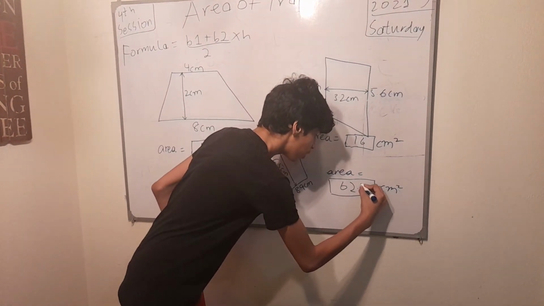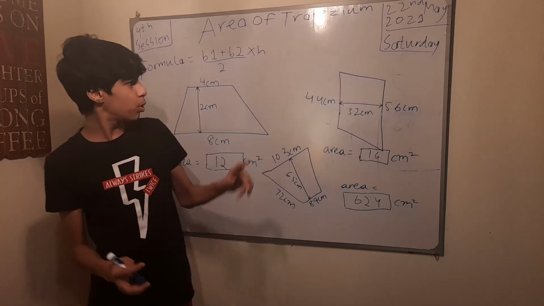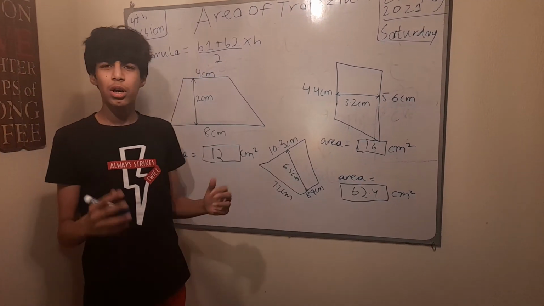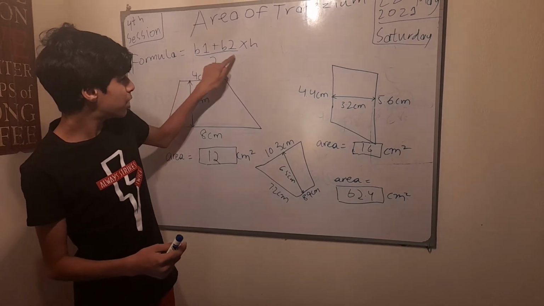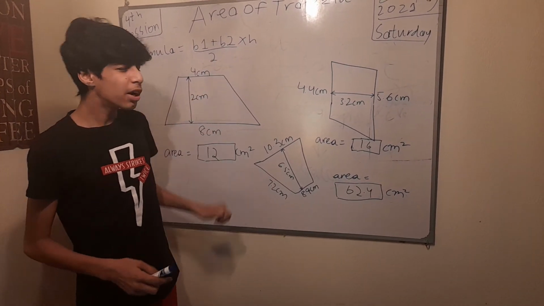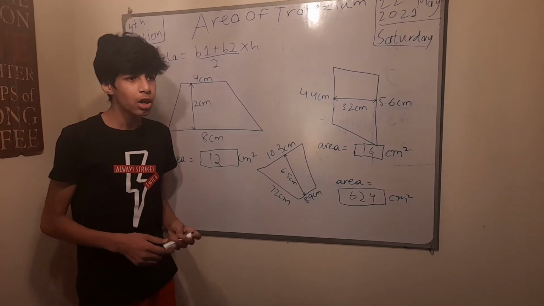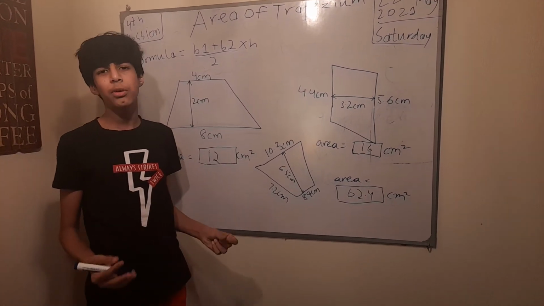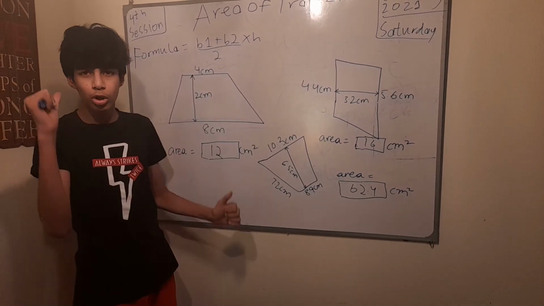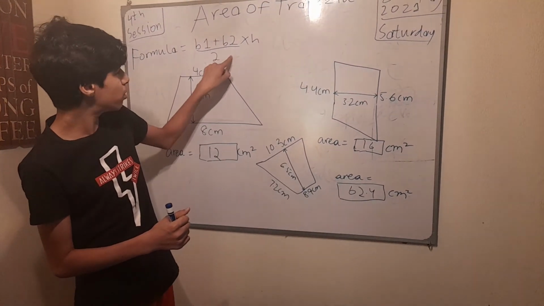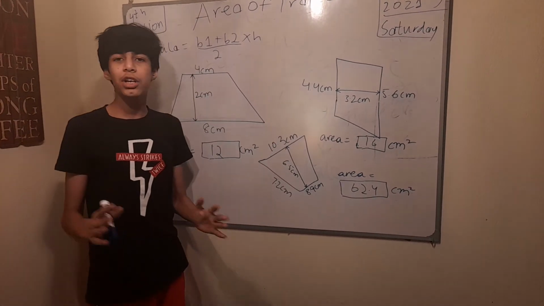So guys, before I end, I want to tell you, because many people are confused about this formula, some people ask can we read the formula like this: base 1 plus base 2 multiplied by height by 2. Guys, don't read it like this, because I have also done it like this. Some questions got right but some got wrong. So I advise you to do it the way I told you before: base 1 plus base 2 divided by 2 multiplied by height. Because this is the best way and you will find it easy.